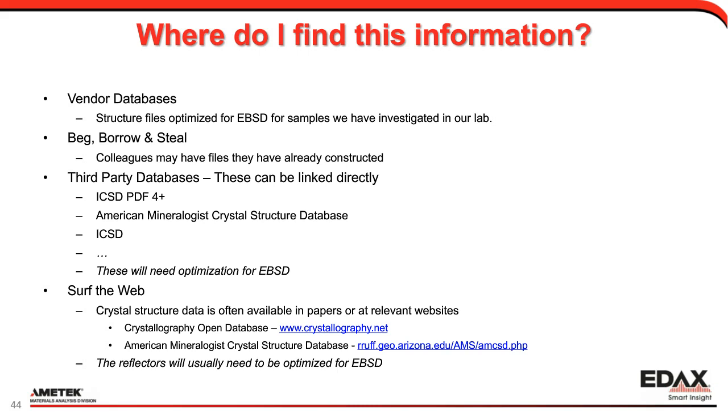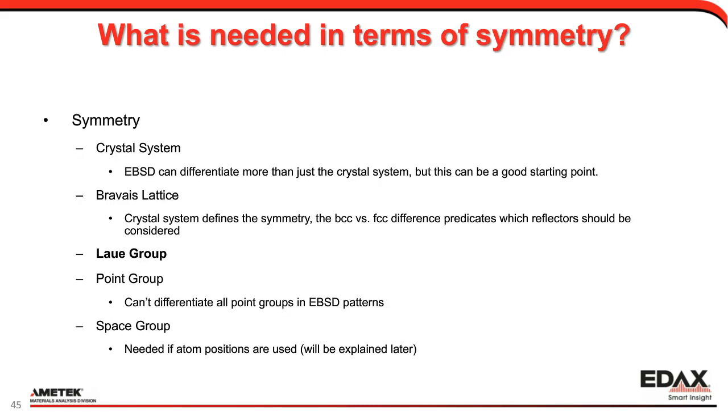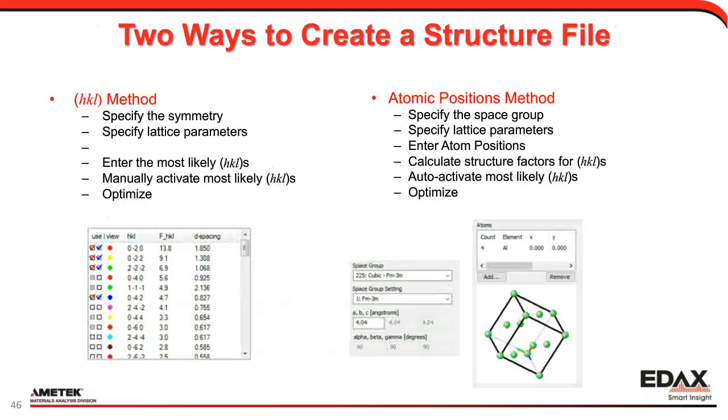So once you've found that information, I won't go into any detail here, just to say that if we need atom positions, we're going to have to go all the way to the space group, which I'll come back to. So there's two ways to create a structure file. Often the results don't quite match the X-ray, so you're going to have to play with things. But if you have a list of reflectors, say from X-ray or from somebody giving you some from EBSD, you need to just specify the symmetry, the lattice parameters, and you enter the most likely HKLs based on some structure factor or